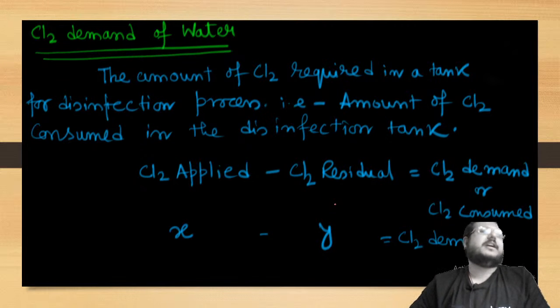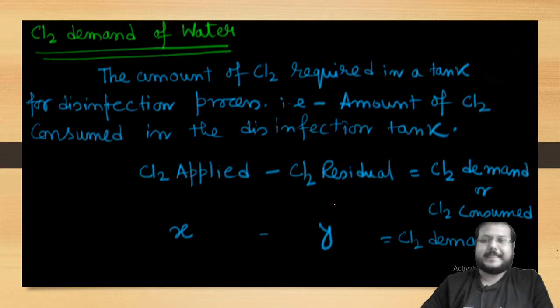So chlorine demand means the amount of chlorine required in a tank for disinfection process. मतलब आप जो क्लोरीन डाल रहे हो डिसइंफेक्शन के लिए, वो जितना क्लोरीन वहां पे कंज्यूम हो रहा है उसको कहते हैं क्लोरीन डिमांड. ओके,